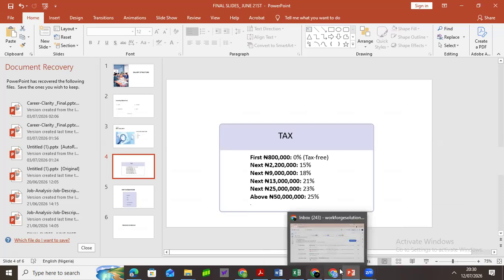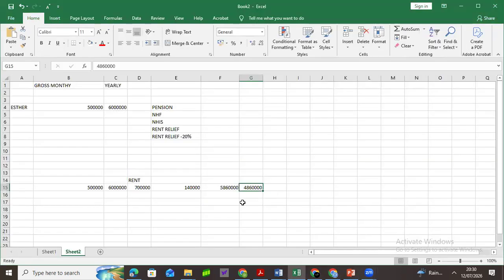Yes, but we're not taxing the 6 million naira. They're trying to see how we can reduce the tax we are paying. That's why they gave you rent relief. That's why they are saying, no, let's remove pension because they're already deducting that from the gross. So why are we taxing it when it's something that they've already deducted?